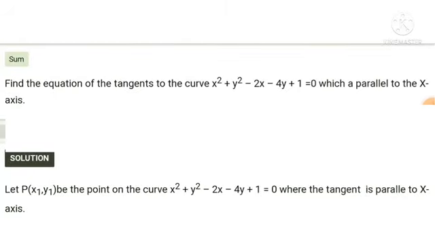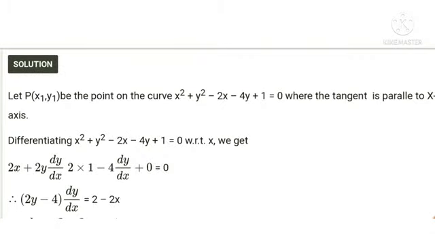Now see question number 4. Find the equation of tangent to the curve x square plus y square minus 2x minus 4y plus 1 is equal to 0, which is parallel to x-axis. Here also you have been given a curve, and the tangent which is parallel to x-axis is given. Okay, so you first write,